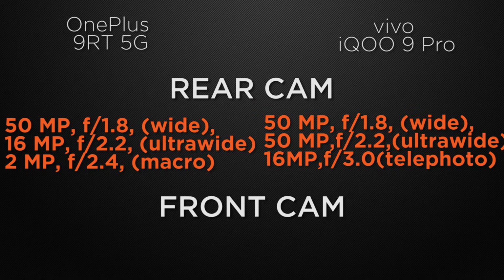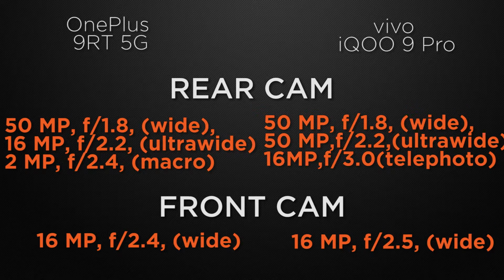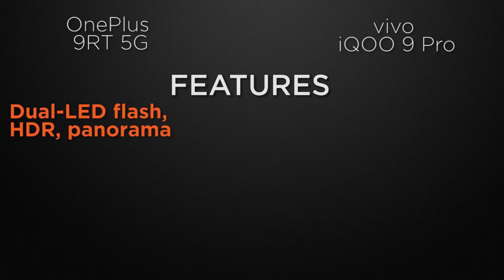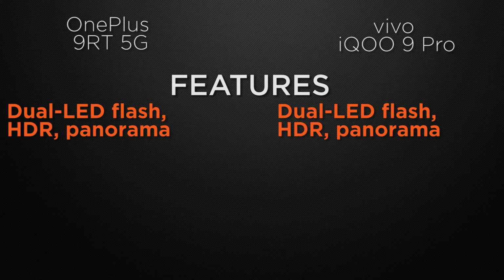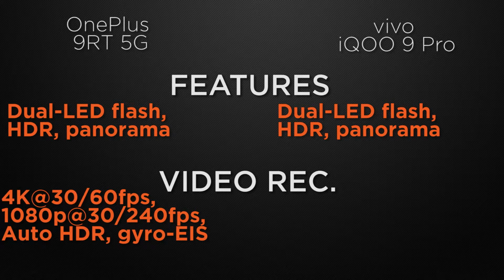Let's talk about the selfie camera of the devices. 9RT have 16 megapixel of wide camera, whereas 9 Pro have 16 megapixel of wide camera. So the winner here is 9RT because it can take low noisy photos in low light condition. Let's talk about the camera features of the devices. 9RT have dual LED flash, HDR and panorama, whereas 9 Pro have dual LED flash, HDR and panorama. So it's a tie. And about the video recording options in the devices, 9RT can shoot 4K video max at